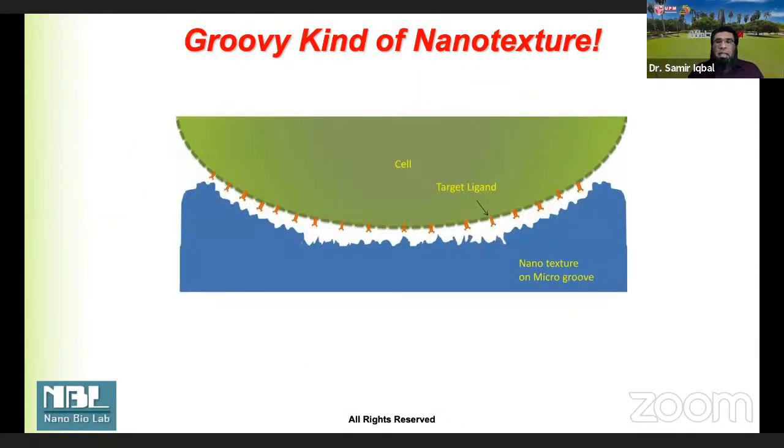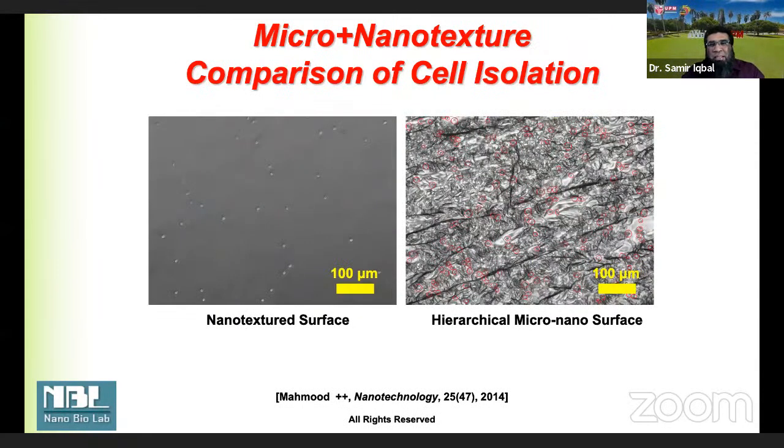Now, living things are not just nanotexture, so there are different hierarchies of texture, micro and nanotexture. That's another thing where we said, okay, let's do a micro and nanotexture, kind of a mixture, just to emulate more of living systems where we can see the cell attachment that would happen in a real physiological system. So here they did some comparison between aptamer and antibodies also to verify the sensitivity of the surface. In both cases, the number of cells captured on a hierarchical micro and nanotexture surface was much higher compared to just the nanotexture surface.